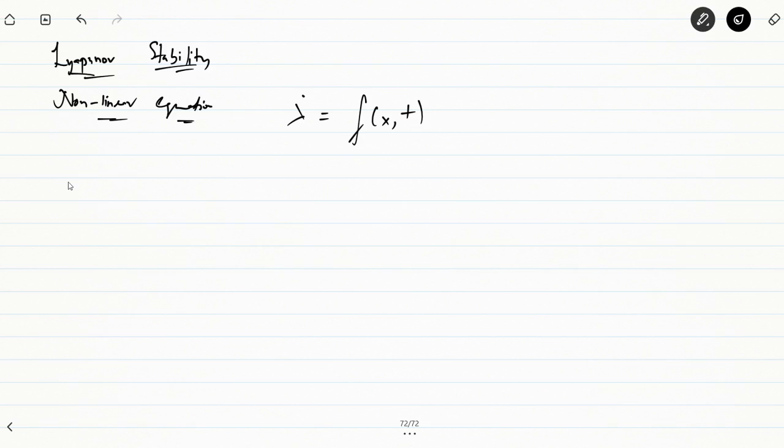So we have here x dot equal to f of x, t, where x represents a state vector, and the nonlinear differential equation may or may not be dependent upon the time t, right? Depending upon the order of the system, you will have the number of state trajectories. For n equal to 1, we'll have trajectories of the system. For n equal to 2, we'll have trajectories associated with two different state variables. Fine. So we have already drawn those profiles for x1 versus x2 for a second order system.